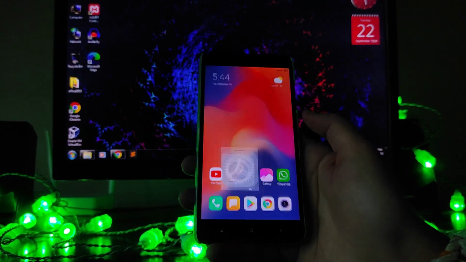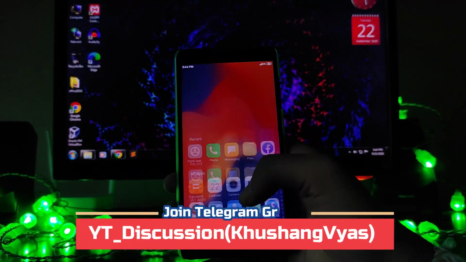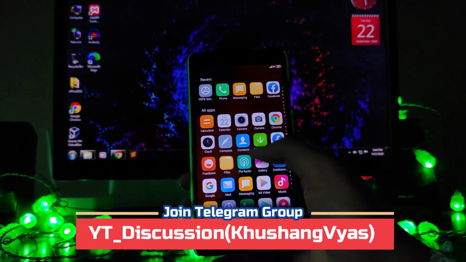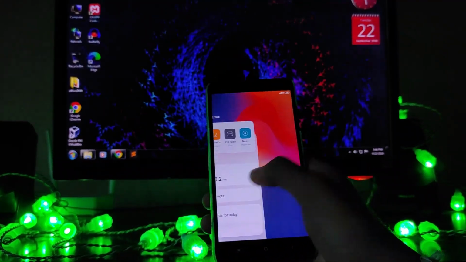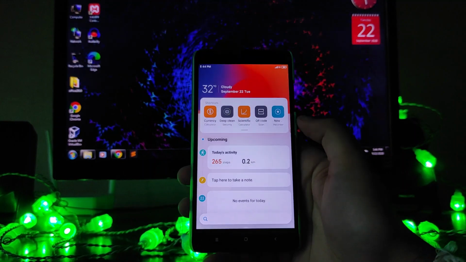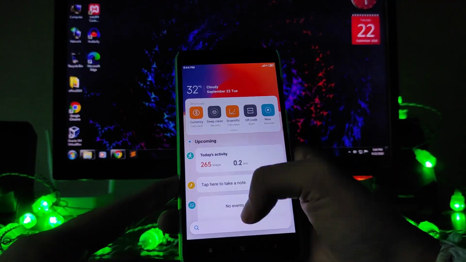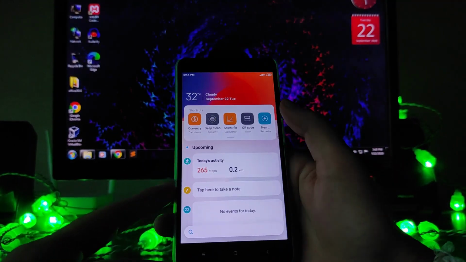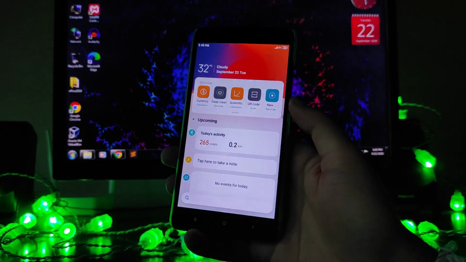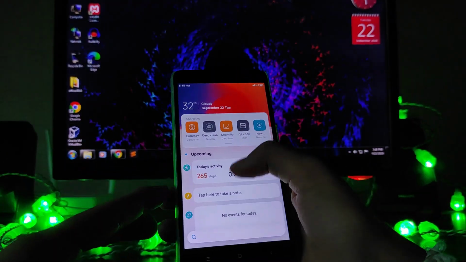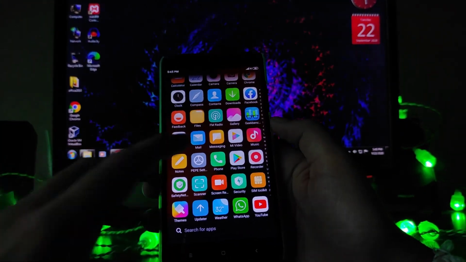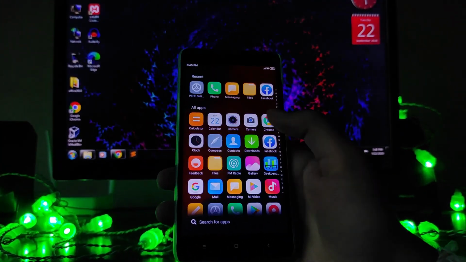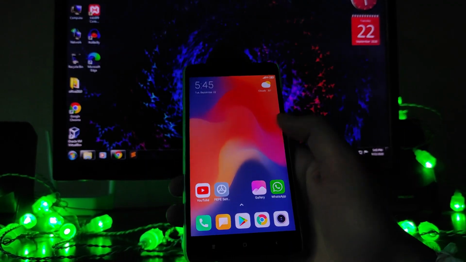Let's go to the home screen. This is the home screen and you get to see the newest app drawer available here, the Xiaomi launcher with the app drawer. Then on the right swipe you get to see the app vault, and this is also the latest app vault available, and this is based on a Chinese MIUI. These are all the system apps. You get the security app, screen recorder and everything. Then this is the gallery app and everything.